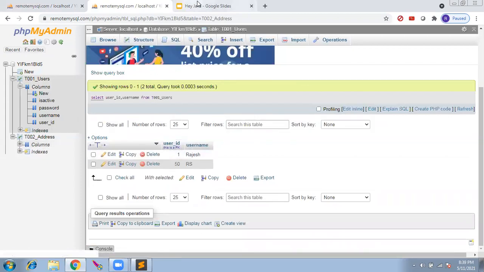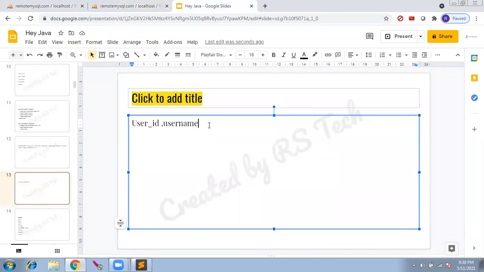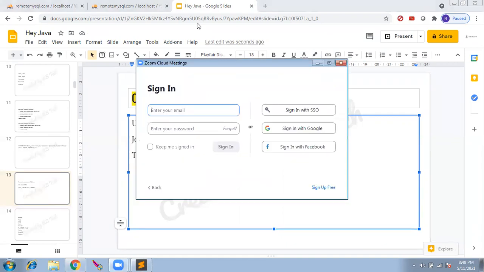Now I want to select user ID, username, and his address. In this case, I want to join two tables: the T001 user table and the T002 address table. I want to join these two tables and bring out these three values. Address is not there in the user table, right?